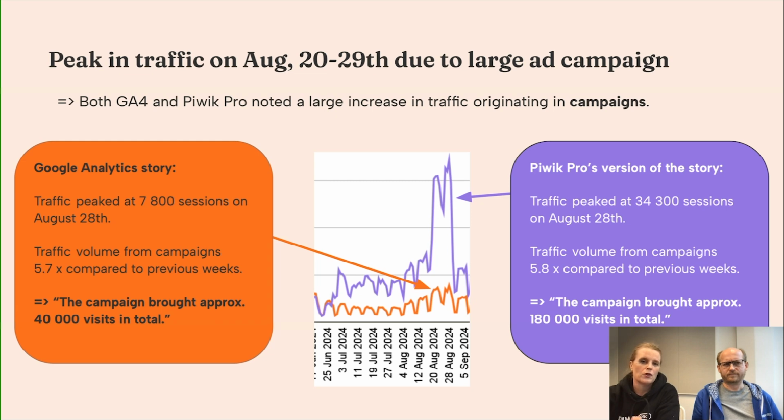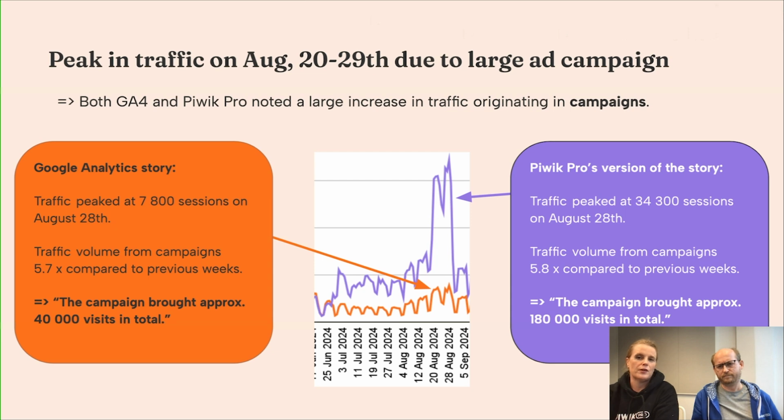And here, if you looked at only the Google Analytics data, you would have a story telling you that the traffic peaked at 7,800 sessions on August the 28th, and we had a few days, more or less 2 weeks, with this kind of amount of sessions, and that the campaign brought approximately 40,000 visits in total.